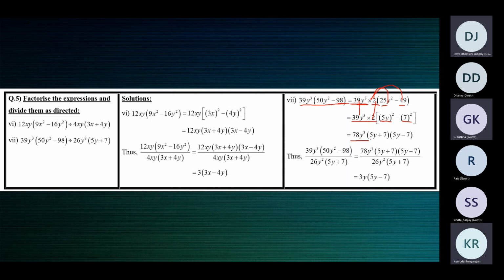And here a square minus b square is a plus b into a minus b. So we have factorized the numerator. Now write the question. Now this is the question. It is equal to this expression for the numerator. We factorize the numerator like this, divided by the denominator as it is. You'll wonder why we write the denominator as it is. It's because nothing can be done with 5y plus 7.